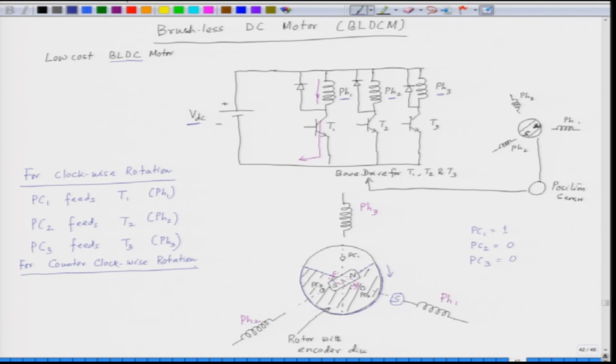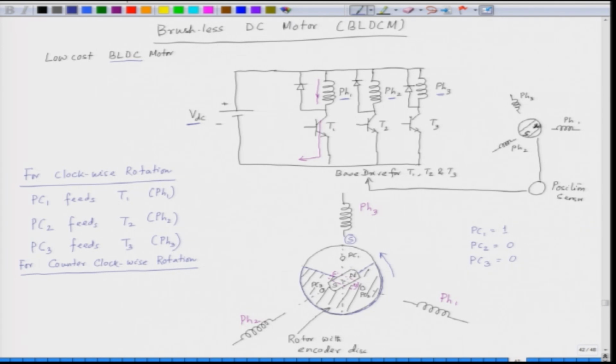So, if we have to rotate the motor in the counterclockwise direction, the connection has to be changed. So, the connections would be the following. Now, we would like the motor to rotate in counterclockwise rotation. So, this will be the rotation here. Now, if we have a north pole here, the north pole should be attracted to the south pole, which should be below the phase 3. So, here we should have a south pole. So, when we have a south pole here, the north pole will be attracted towards the south pole, and the motor will rotate in the counterclockwise direction.